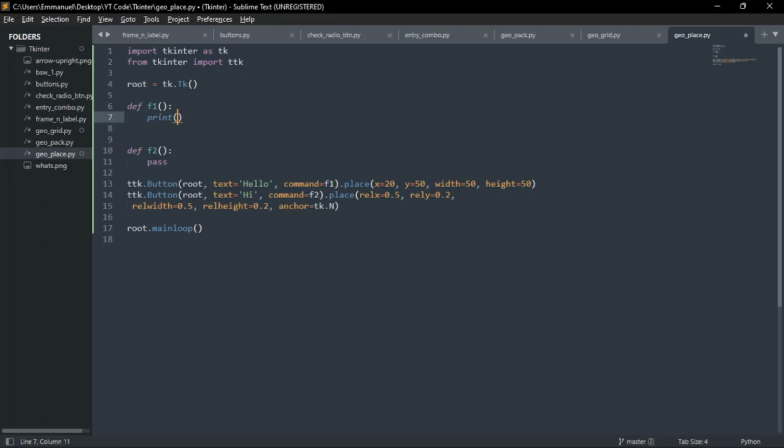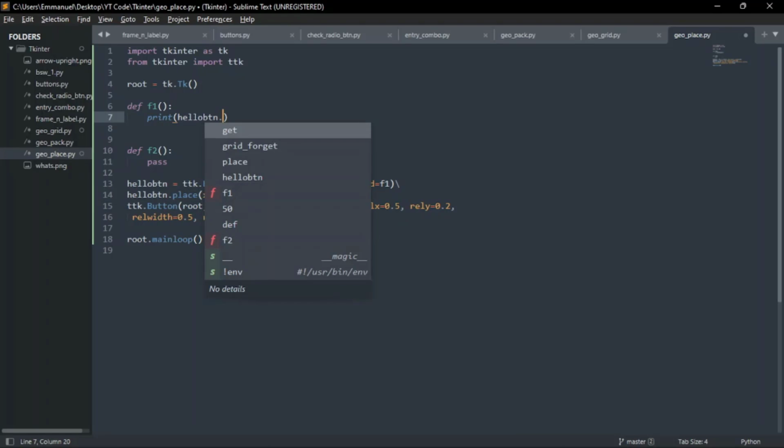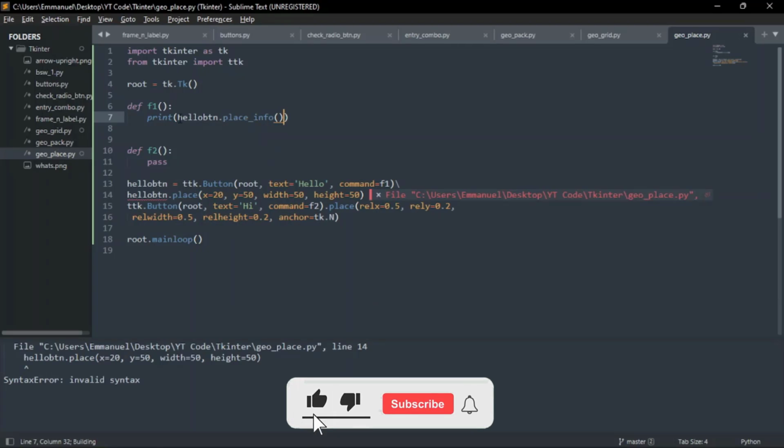Should I put this in a widget? Okay, let me put it in a variable rather. So I'm going to do hello btn. Of course, remember, as always, that's going to return a None type, so you have to bring it down here. So I'm going to do print hello btn dot place. Now it's place info, not grid info. So if I do control B, whenever I click on that,